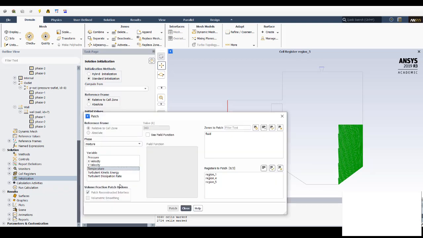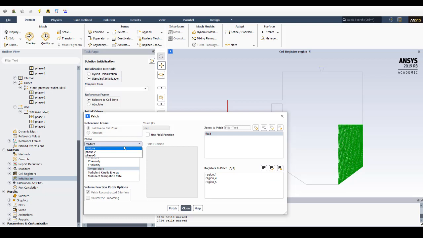Now go to patch. So I'll patch the entire fluid with 363 Kelvin. Patch it, right? Next, go to phase 2. In phase 2, deselect this.